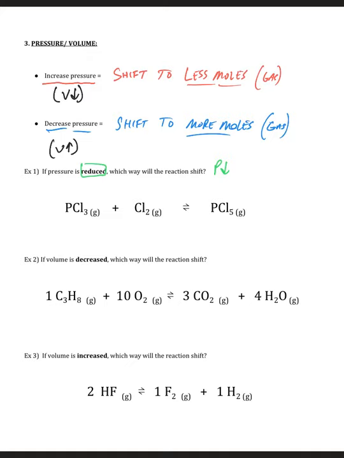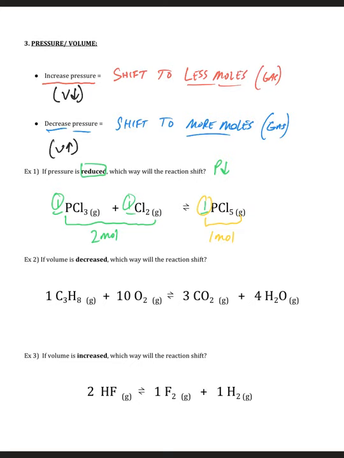And there are no coefficients in front of these substances, so we can assume that each of those coefficients is 1. So I'm going to count the total number of moles of gas on the reactant side, which is 1 plus 1 is 2 moles of gas. And the total amount of moles of gas on the product side, which is just 1 mole of